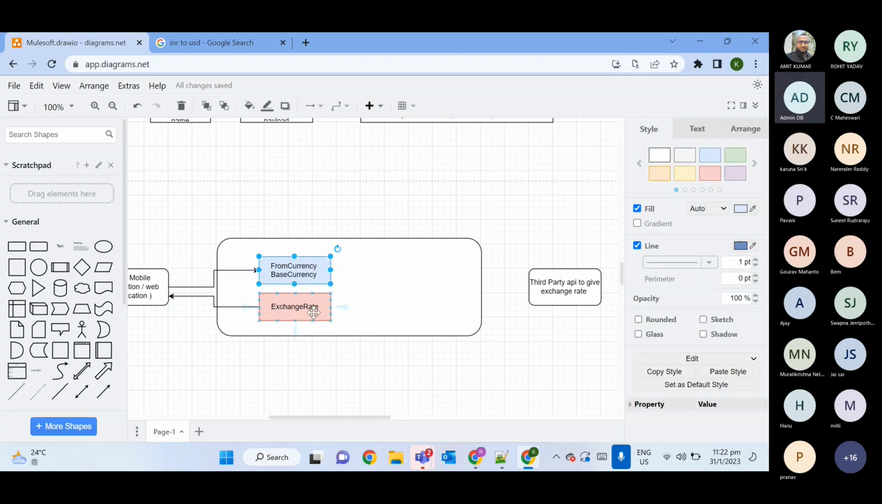They will pass from currency, base currency, and in response they want the exchange rate. Now, from where will MuleSoft get this exchange rate value? They will call some third-party system. So here MuleSoft needs one